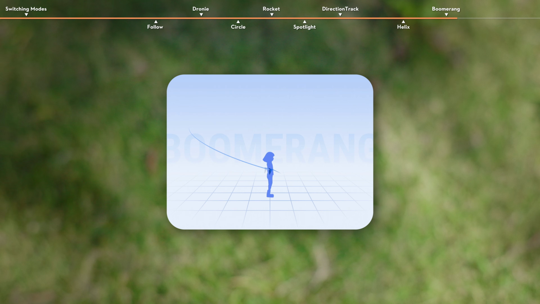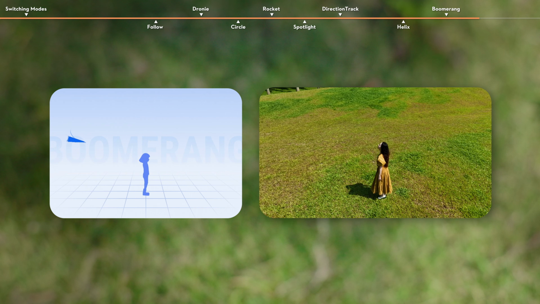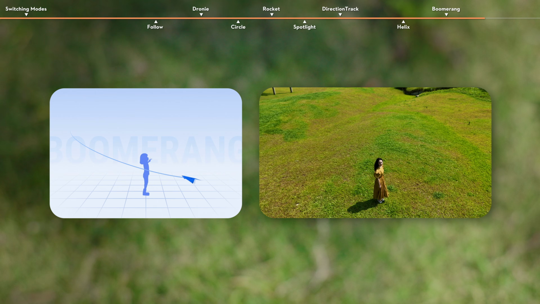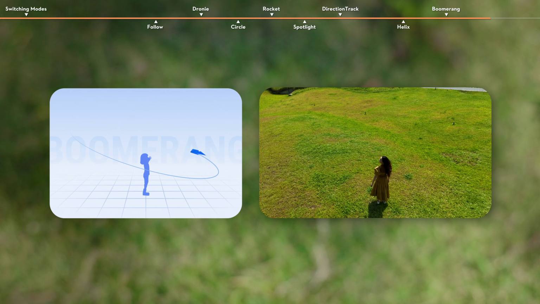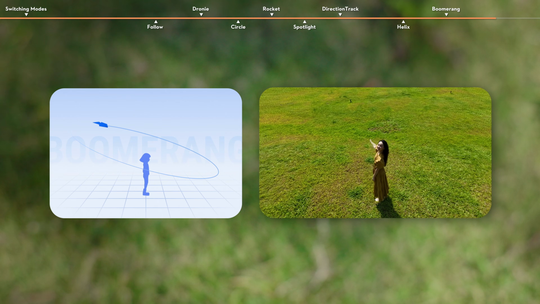During boomerang, the aircraft will keep the camera facing the subject and fly along an oval path while recording automatically. Note that the aircraft will ascend and then descend while flying along the oval path, and will reach the max height when flying to the farthest point away from the takeoff point.